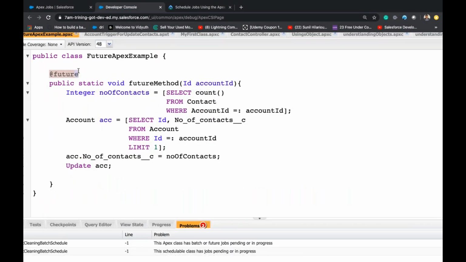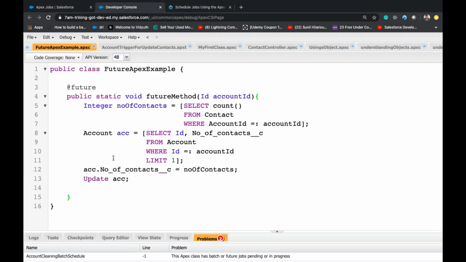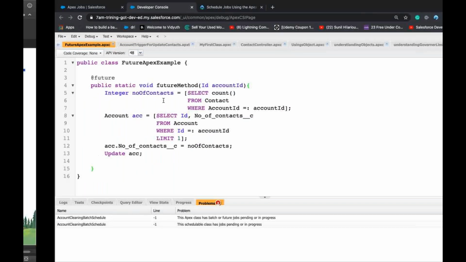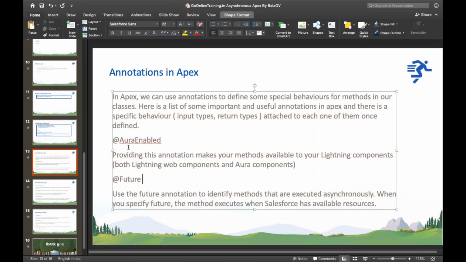If we annotate a method with @future, that means this method can be executed in the future, so it will be put into an asynchronous process. Use the future annotation to identify methods that are executed asynchronously. When you specify future, the method executes when Salesforce has available resources.